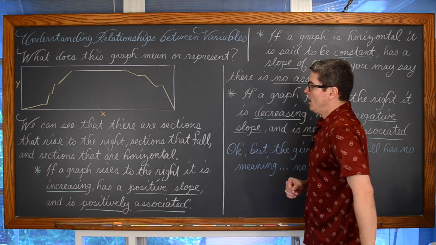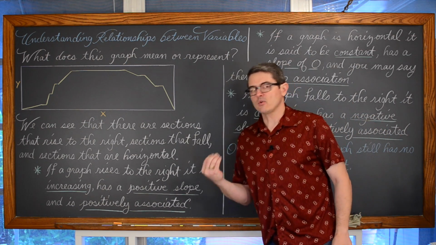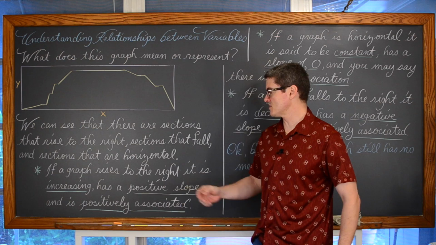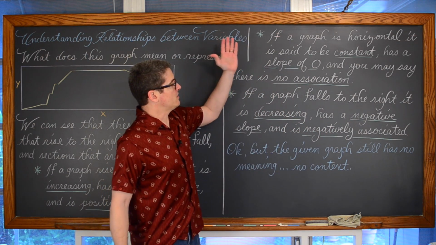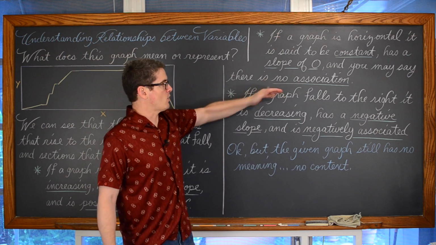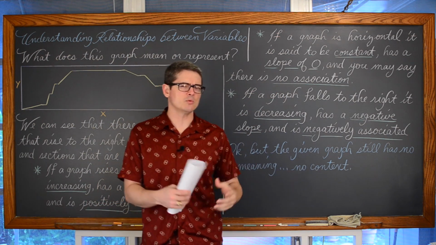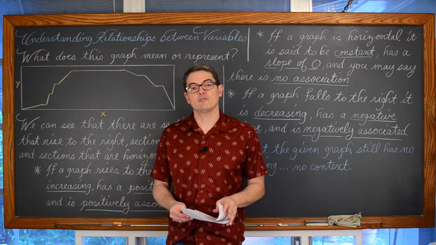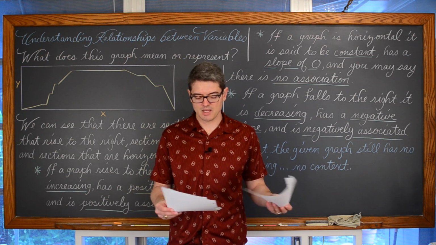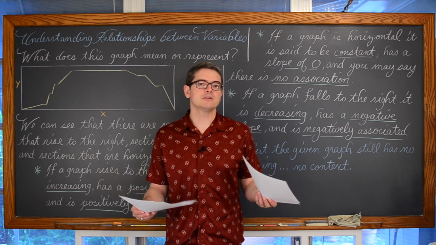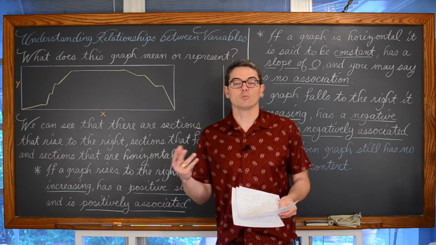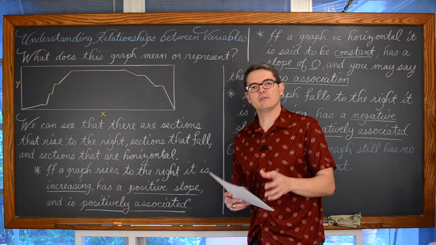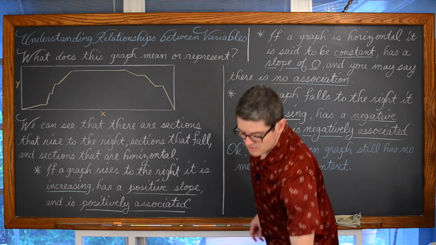So in this lesson, we're going to really just focus on a lot of vocabulary. We're going to talk about what it means for a graph to be increasing, have a positive slope, or be positively associated. What about if a graph is horizontal, or if a graph is falling to the right? What kind of language can we use to describe what's going on there? We're going to define what an independent and dependent variable is, and then end this lesson with 3 examples. There are going to be 3 fairly basic real-world samples that we're going to read. We're going to identify the independent and dependent variables, and then try and draw a sketch that graphically shows that relationship. So let's get on to the lesson.